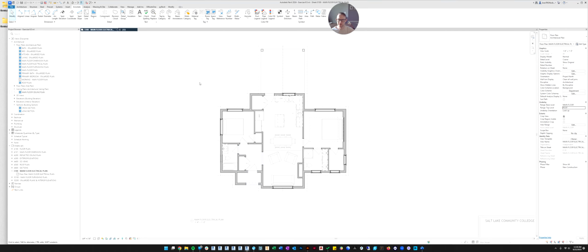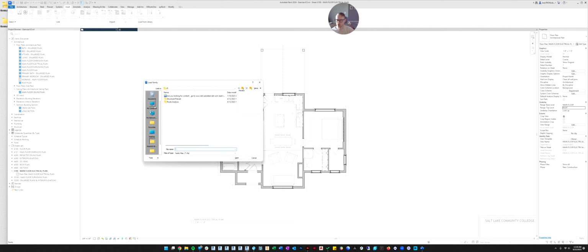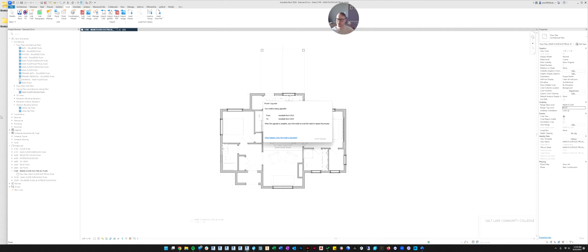So let's go back into Revit and we'll go to the Insert tab. And instead of loading from Autodesk like we're used to, we're going to load the family here. And we'll just go to the desktop and my electrical families here. Let's do outlets first. There's so many different kinds of outlets. I'm just going to grab them all and load them all in at once. Click OK. Now this is going to take a second, so I'm going to pause until it's done loading them all.